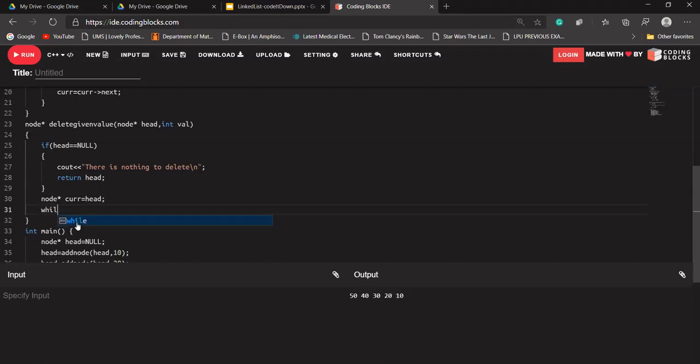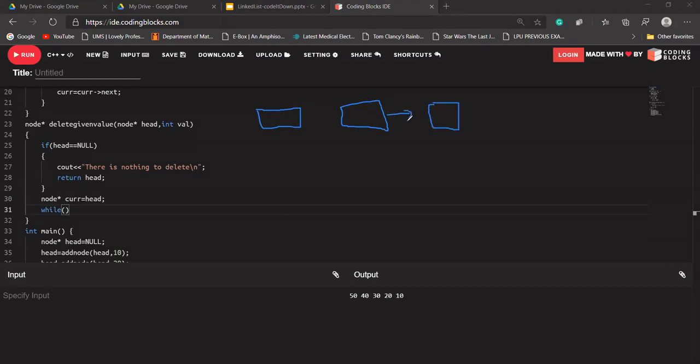So let me draw something. Where is my pen? Okay. Suppose a linked list has been given with us: 1, 2, and 3. Suppose there are 3 nodes in our linked list, and this one is pointing to this, and this one is pointing to this. Suppose I want to delete 2.